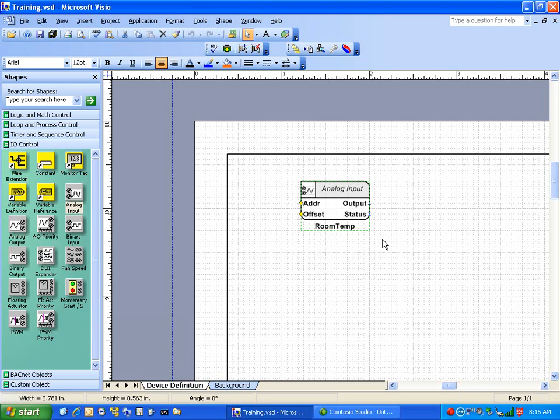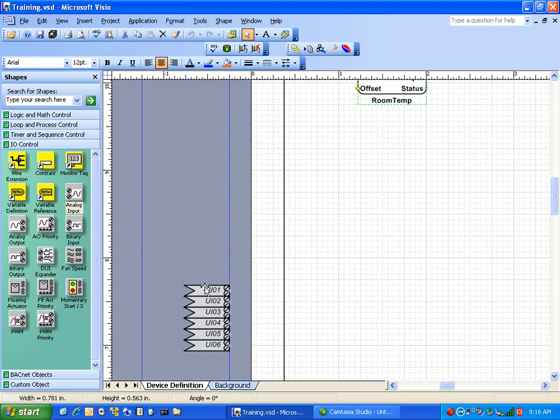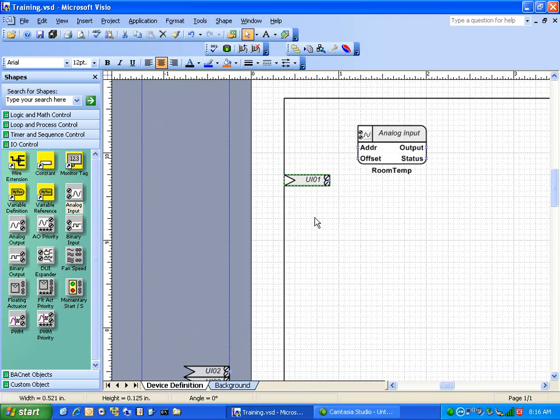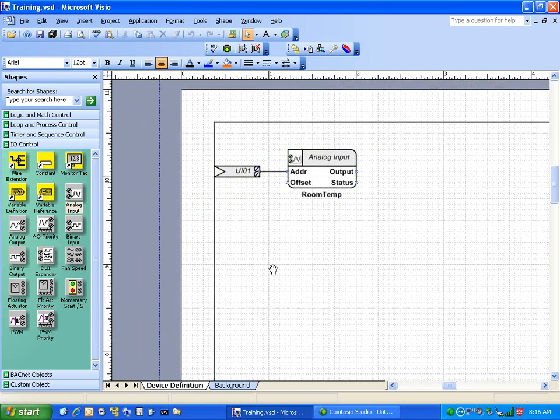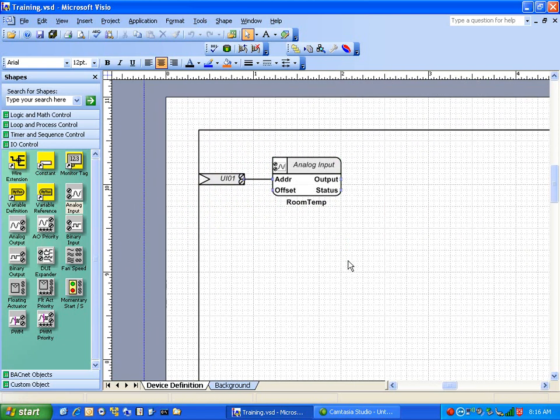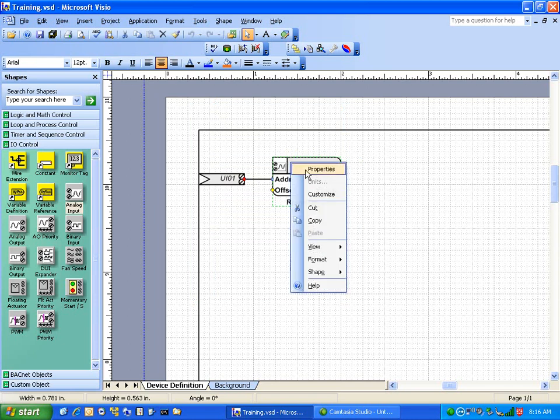It's a simple room temp, and again, you can take a physical tag, UI1 from the left as available, and you can link it up, and you'd think you're done, but there's still a little bit more to go in a simple analog input. What I'm going to do is double click on my analog input, so I go right into properties, or you can right click and go to properties,